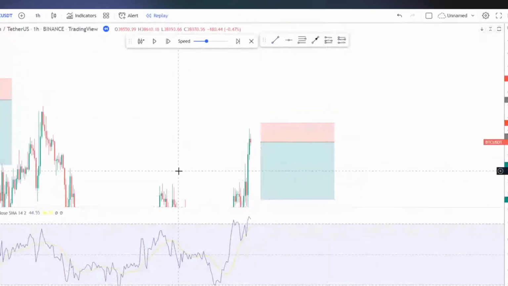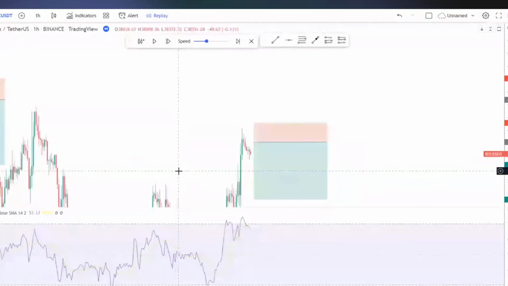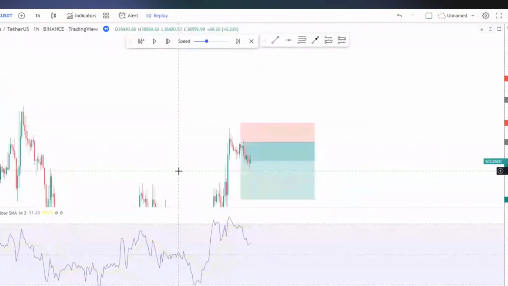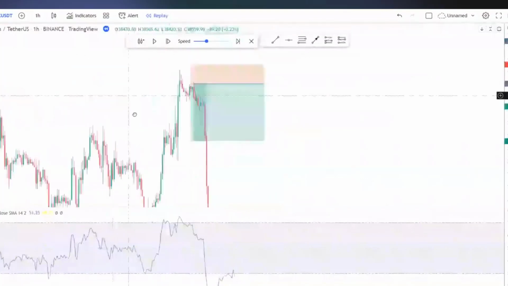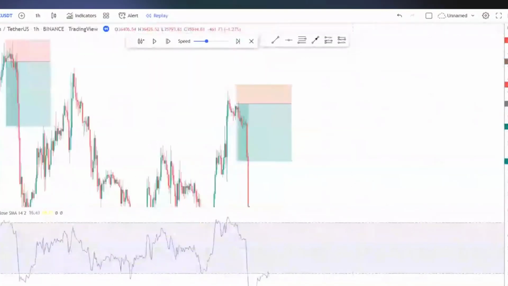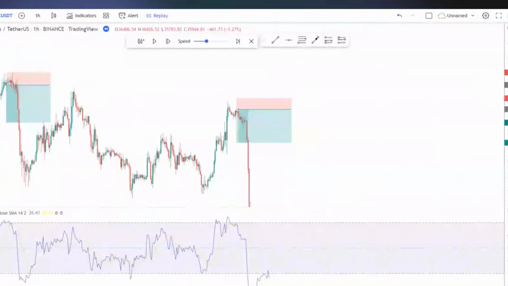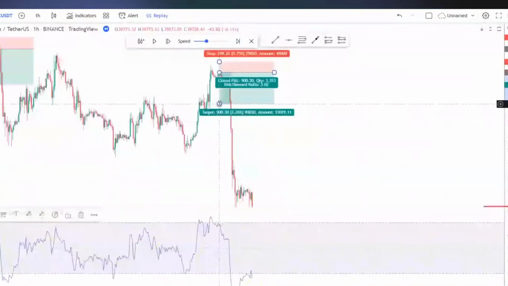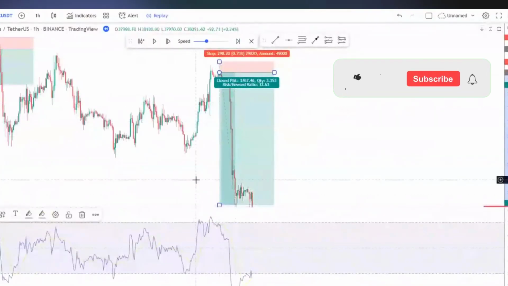which is roughly around here. And we can see it takes some time, but then the market starts to fall off the face of the earth. And we make that. You know, potentially later on in life, when you get a little bit better at this, you're not aiming for a 1-to-3, you could be aiming for a 1-to-12. And that's what the RSI can